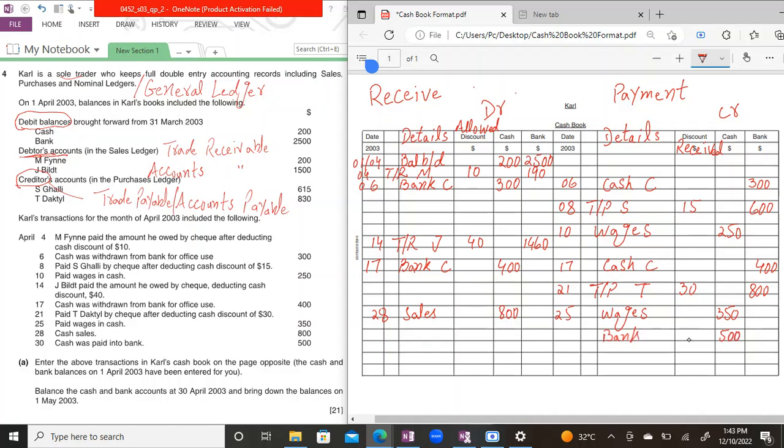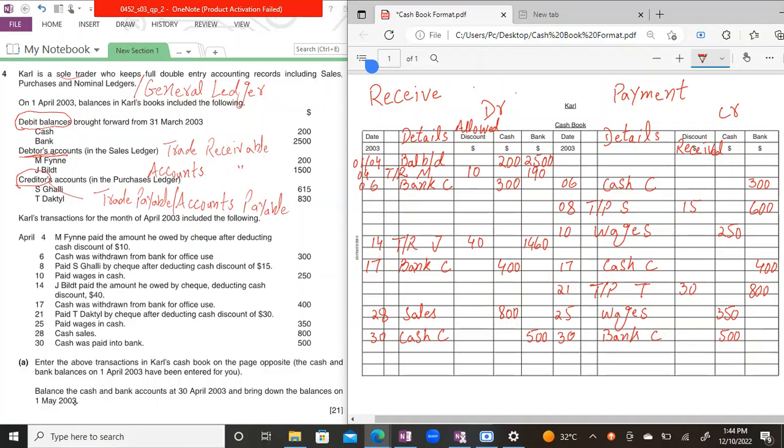Right here, bank, because your entry is bank account debit and cash account credit, and date is 30th. Right here, 30, and 500 is deposited into the bank, and right here, cash and contra. So all transactions are recorded, and now we have to do the balancing, balance the cash book,